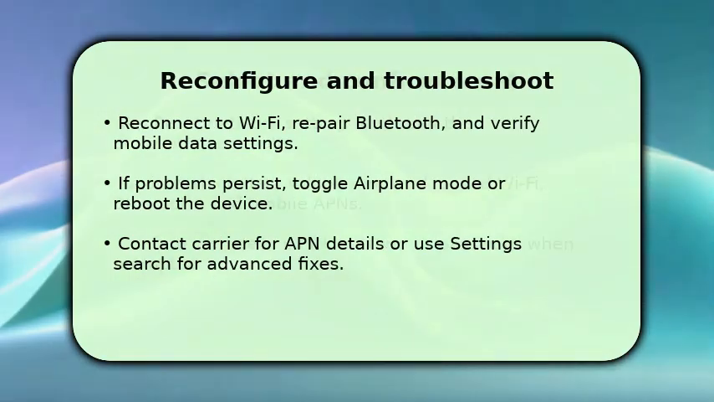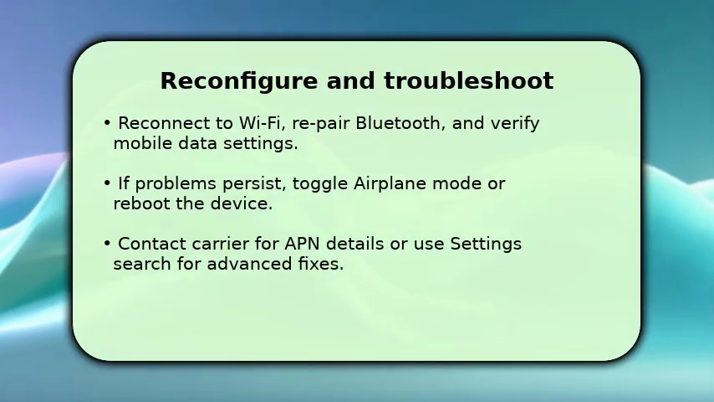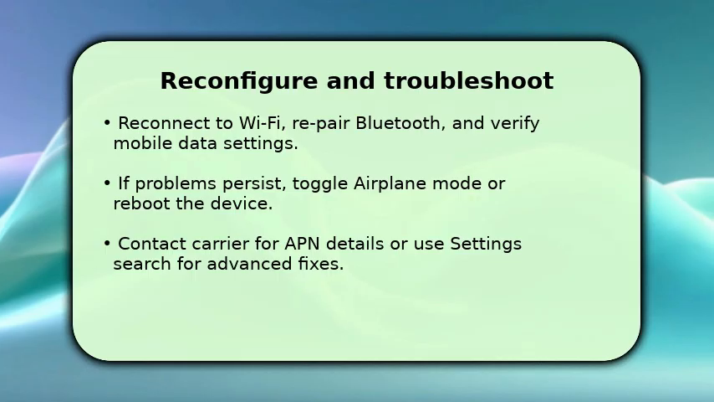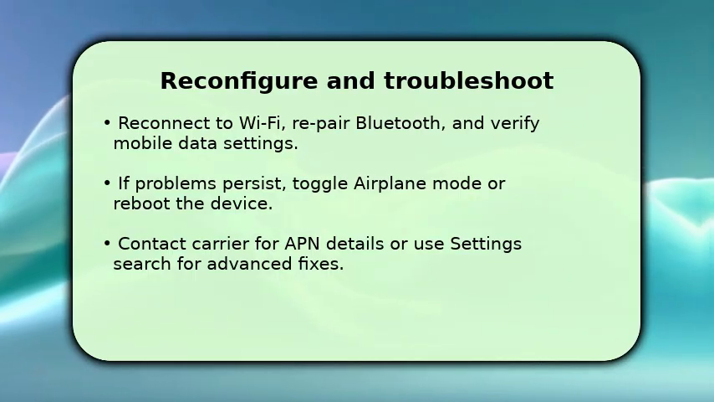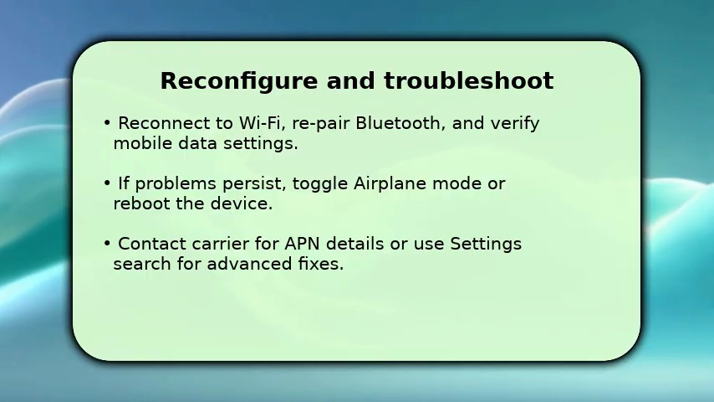settings. After the reset, reconnect to your Wi-Fi networks and re-pair Bluetooth devices. This restores normal connectivity. Then check mobile data by toggling cellular off and on, and verify APN settings if you